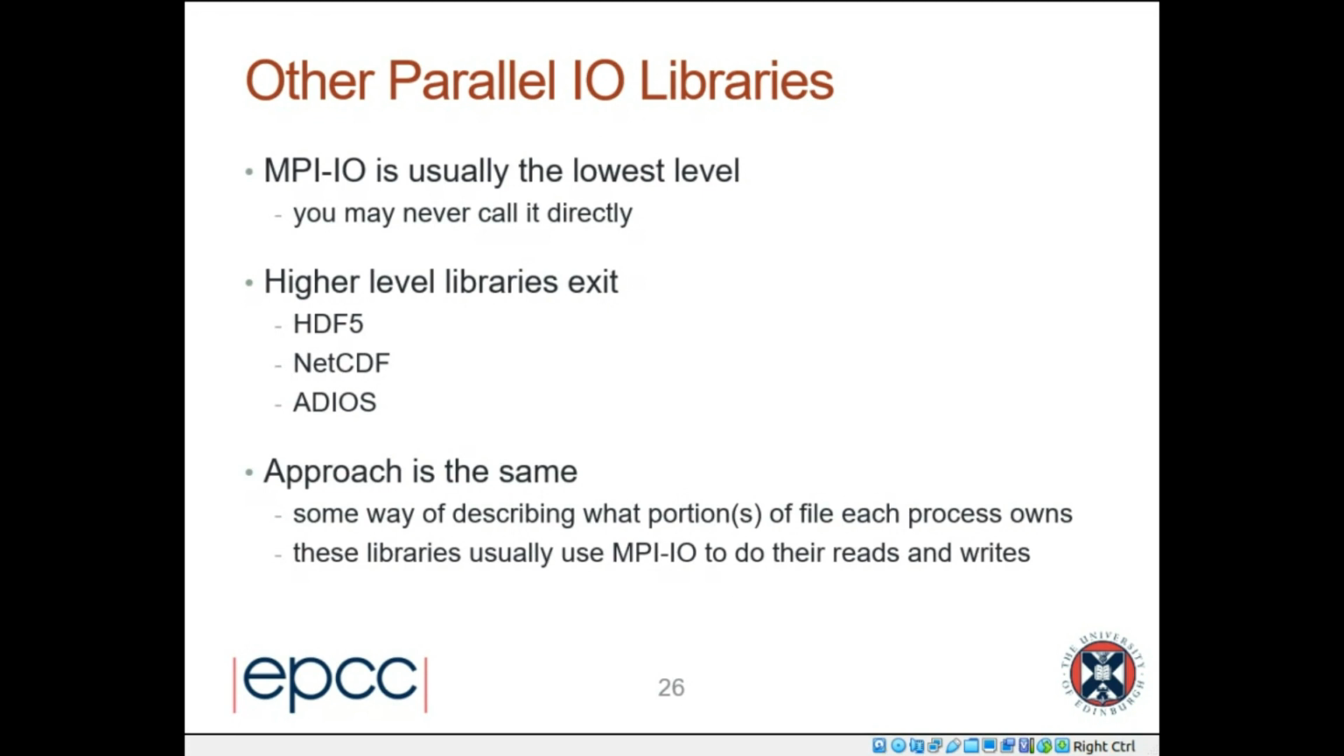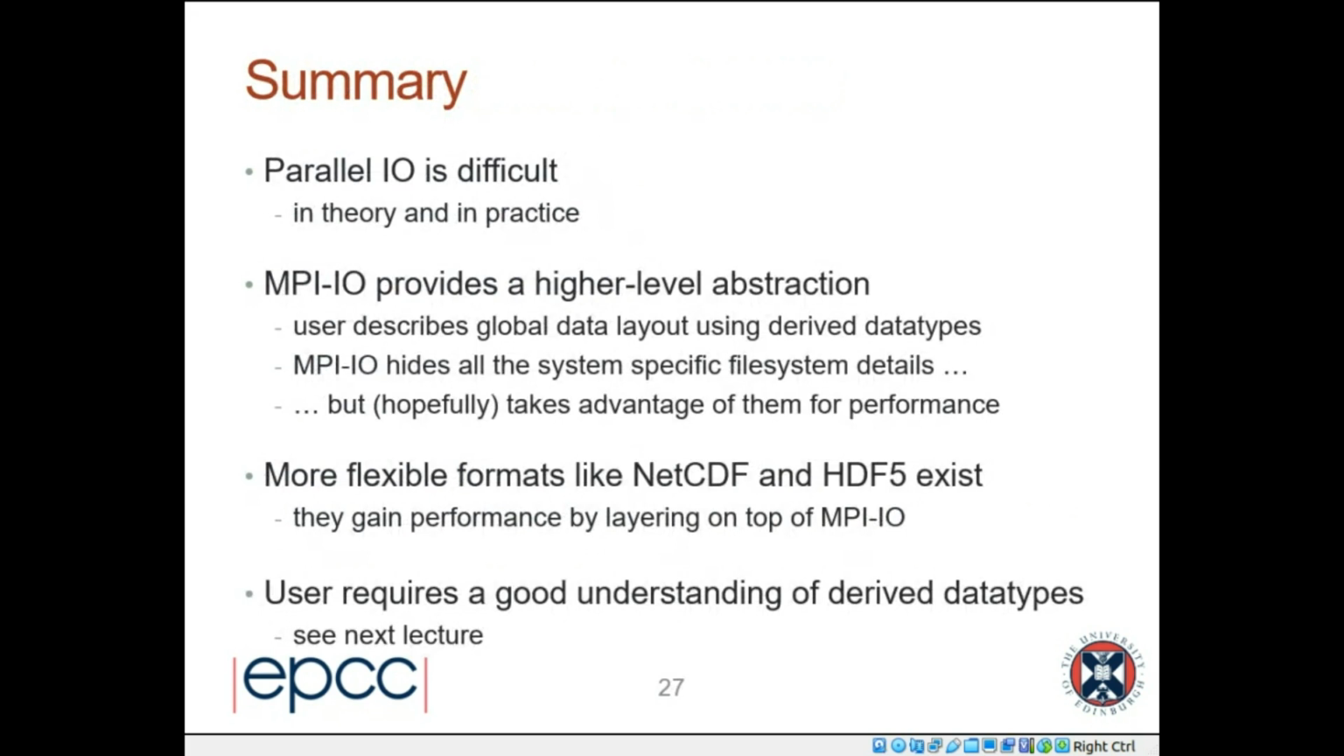So that's really a very high level, general view of IO. Parallel IO is difficult in theory and practice. MPI-IO provides this high level abstraction. I'm not going into the syntax details. I said it hides all the system-specific file system details from you. And more flexible modern formats like NetCDF and HDF5, and I also mentioned ADIOS, gain performance by layering on top